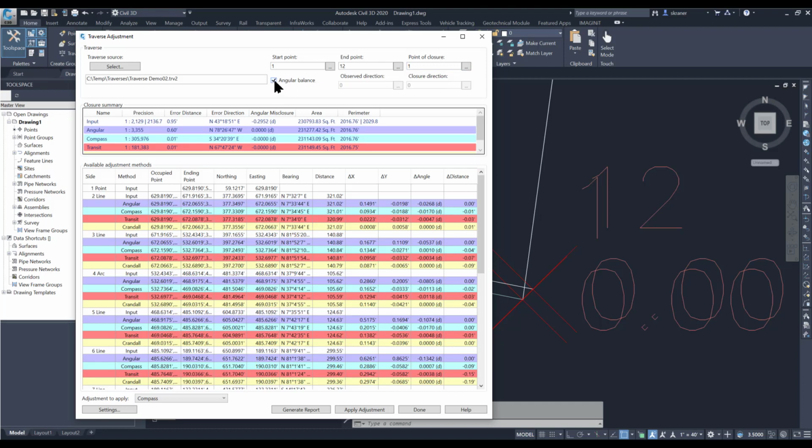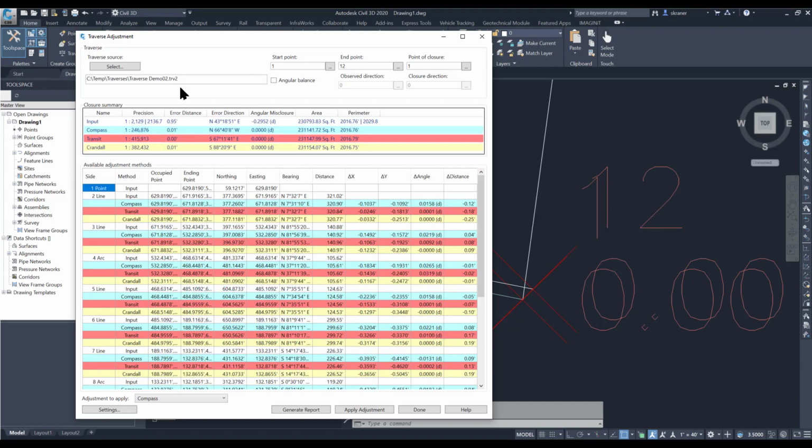The angular balance is set here. This performs a separate balance of all of the angles in the traverse in advance of any other adjustment method performed. With the start and end point being the same, there's no need to set an observed direction or a closure direction. However, if you were starting and ending on separate known points, you would have to have a basis for the final observed direction and the closure direction as a basis to perform this angular balance. For now, I'm going to unselect this,